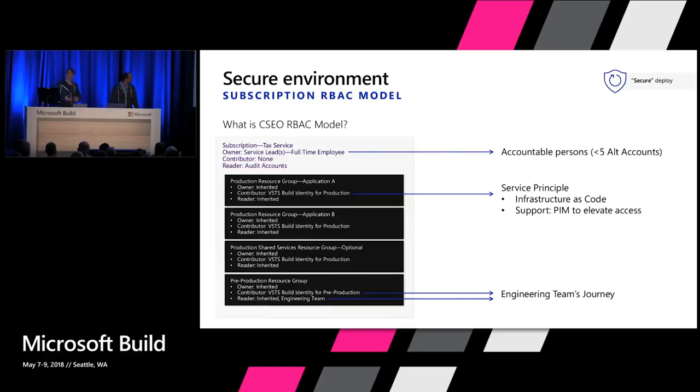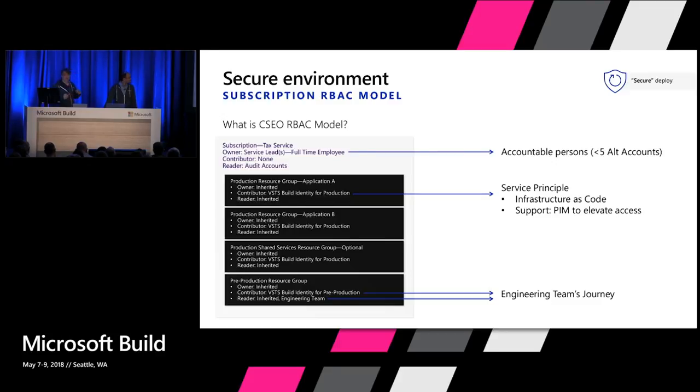And this tax service may have multiple components. There may be an indirect tax, a direct tax, there could be tax reporting, there could be tax auditing, and these are broken out as individual RGs within that subscription. And then that also allows us to have common components that span all the different ones, right? So if there's a set of business rules or a set of storage accounts, you can have these common RGs that span all the others. And then we also put our dev in the same subscription, but we isolate that as a pre-production resource group.